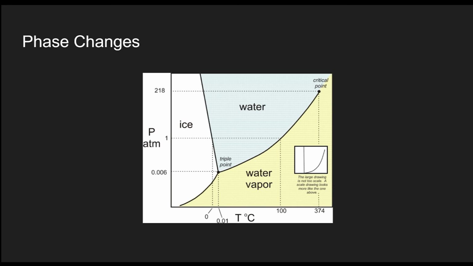Phase changes that release energy are called condensation, deposition, and freezing. Condensation is a gas turning into a liquid. Deposition is a gas turning into a solid. Freezing is a liquid turning into a solid. And lastly, a phase diagram is a diagram